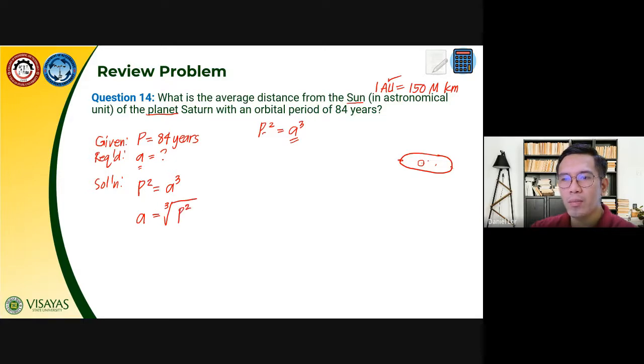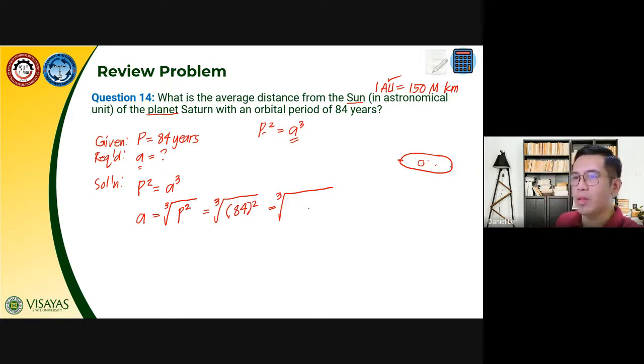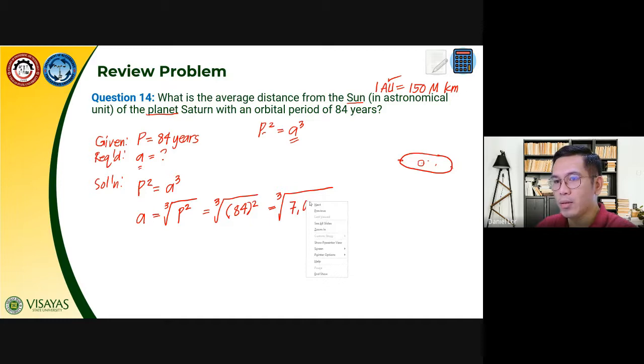So this is equal to the cube root of 84 squared. Step by step, what is the square of 84? It is 7,056, and getting the cube root of 7,056,